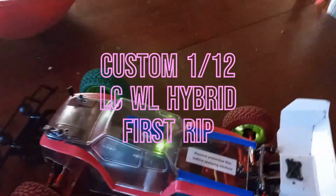So we've got the brushless version in here. I did a test run yesterday or the day before with this, and a 390 brushed version came out of BC30 with